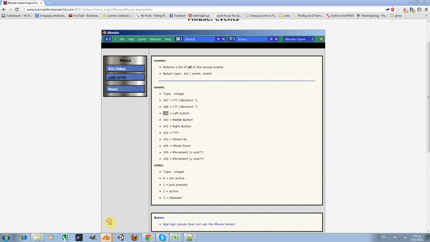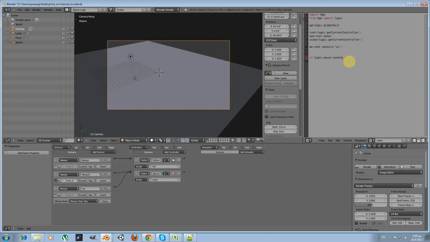So if we go back to our script, we add if logic mouse events 189 equals to 1. This means if the left click button is pressed,